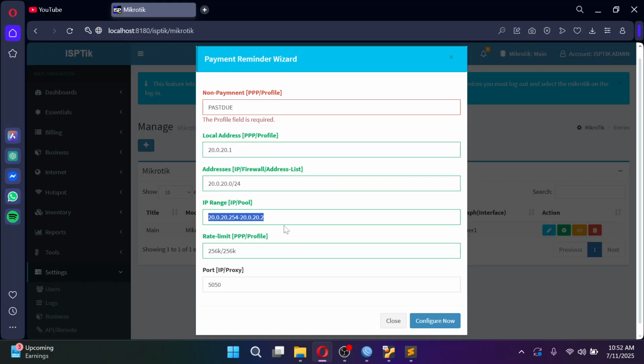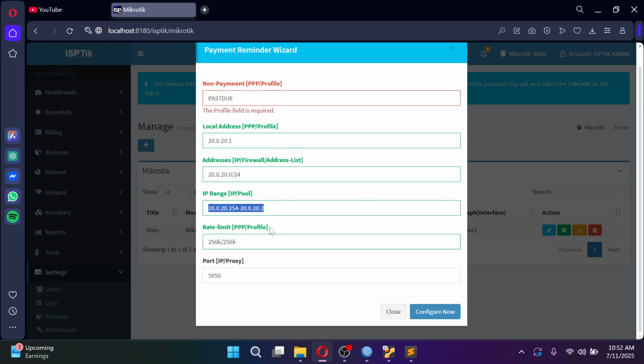Okay, and then this is the rate limit for your PPPoE past due profile. And then this is the port for the IP proxy. You can actually make this 50-50 or something like 90-90.